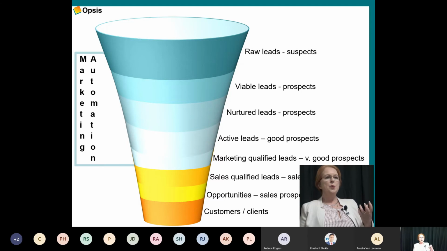So this is where marketing automation can help us. Marketing automation can help us narrow that 10 million down to maybe a few thousand, which it is reasonable to engage. What marketing automation should be doing for you is allowing you to get someone from very, very early on in their engagement with you